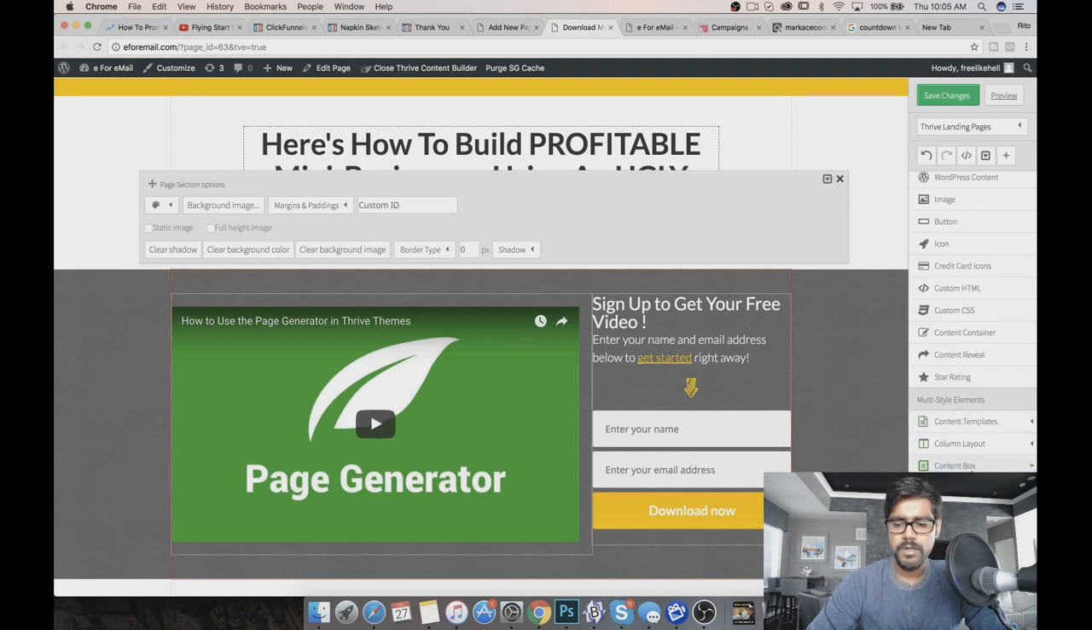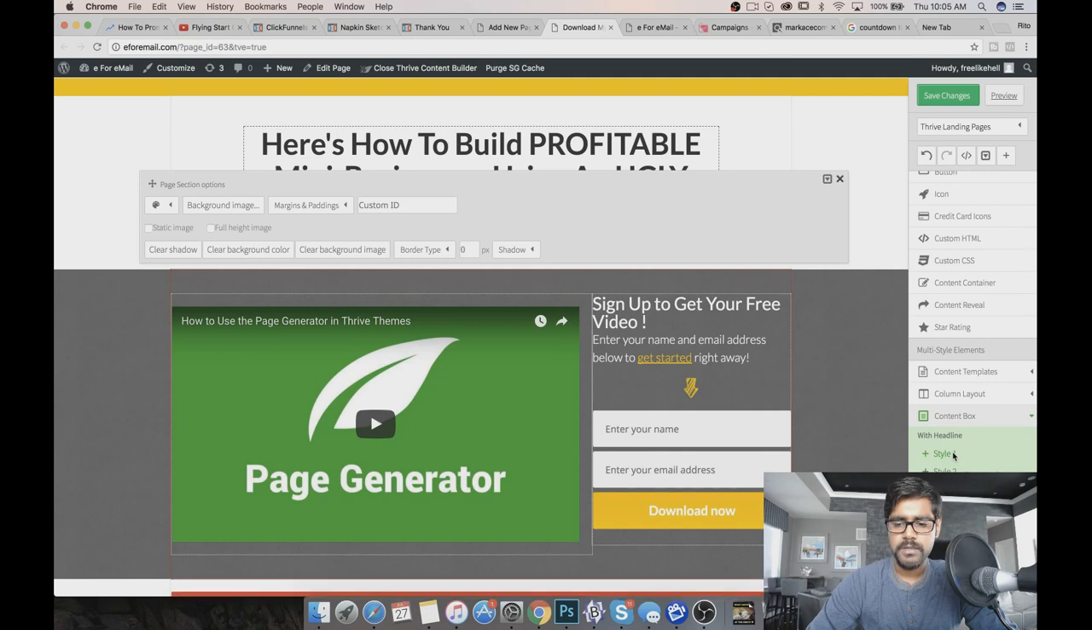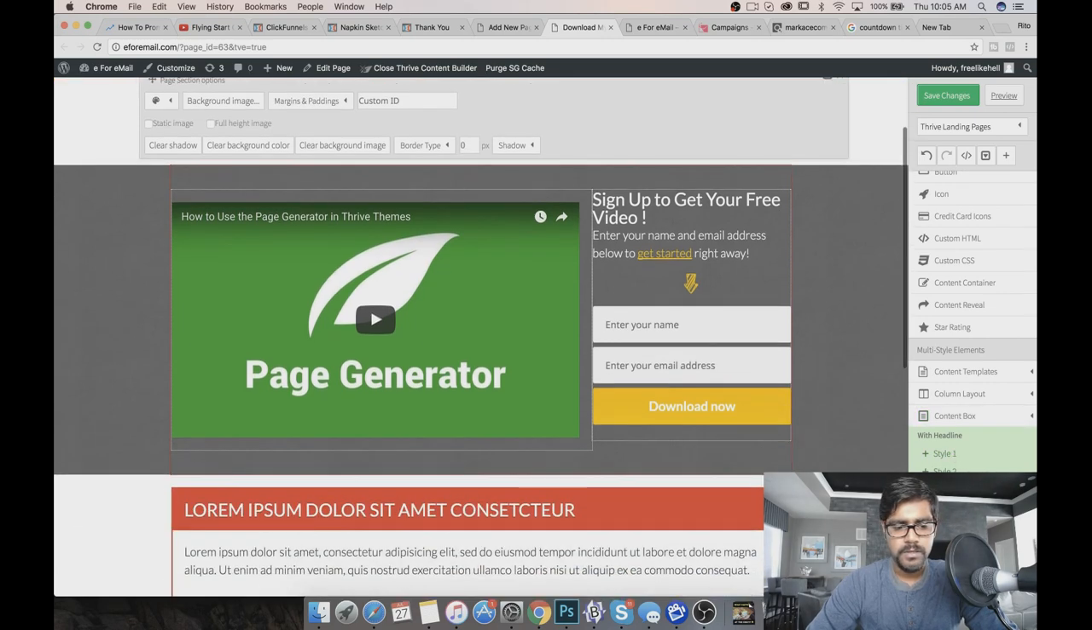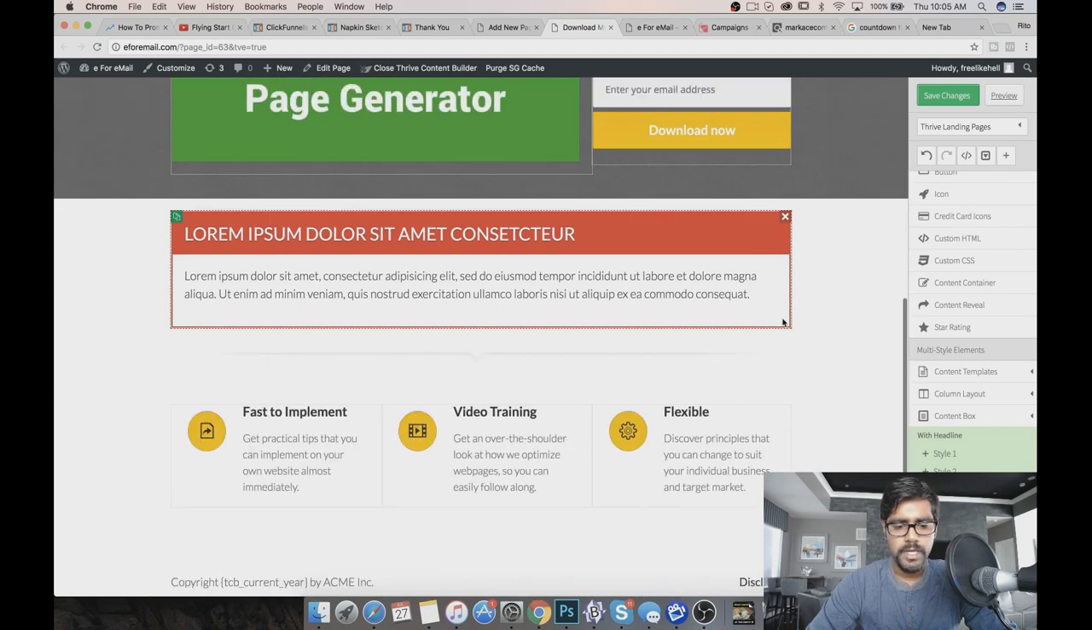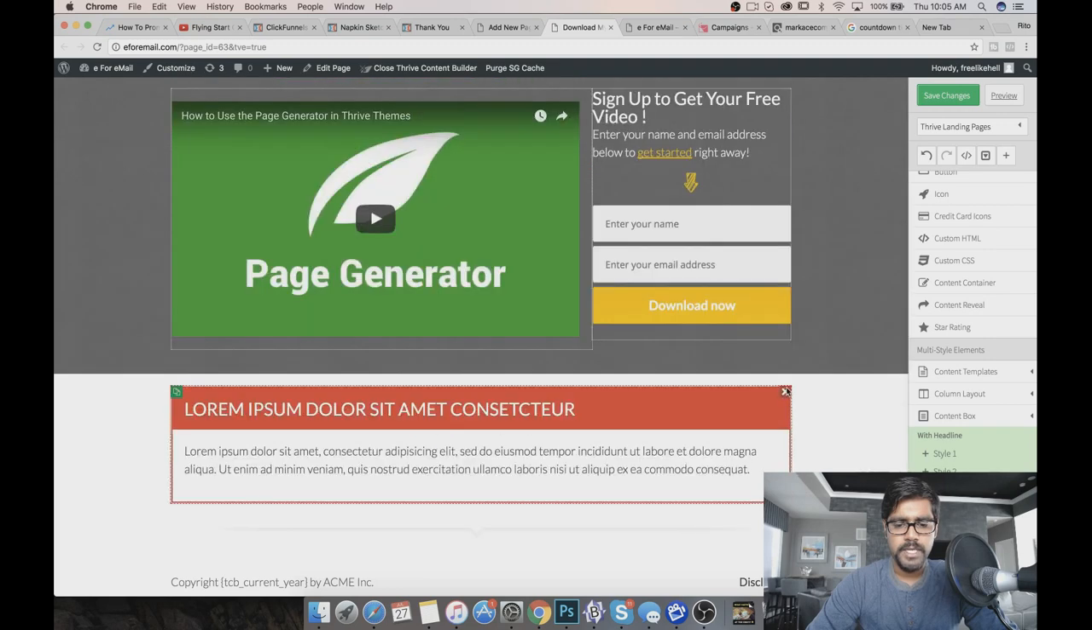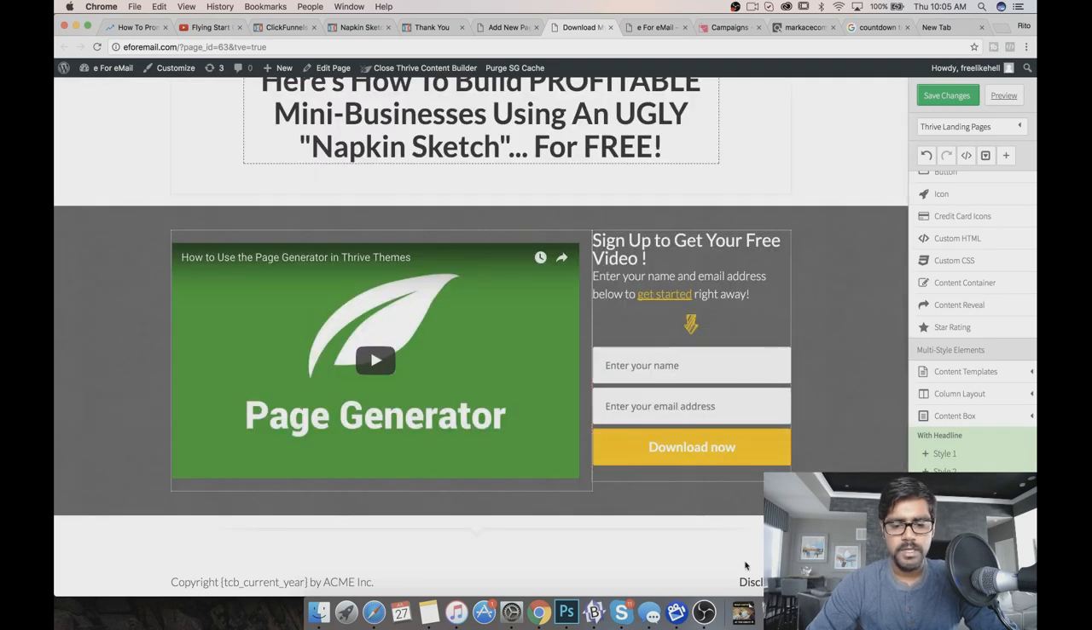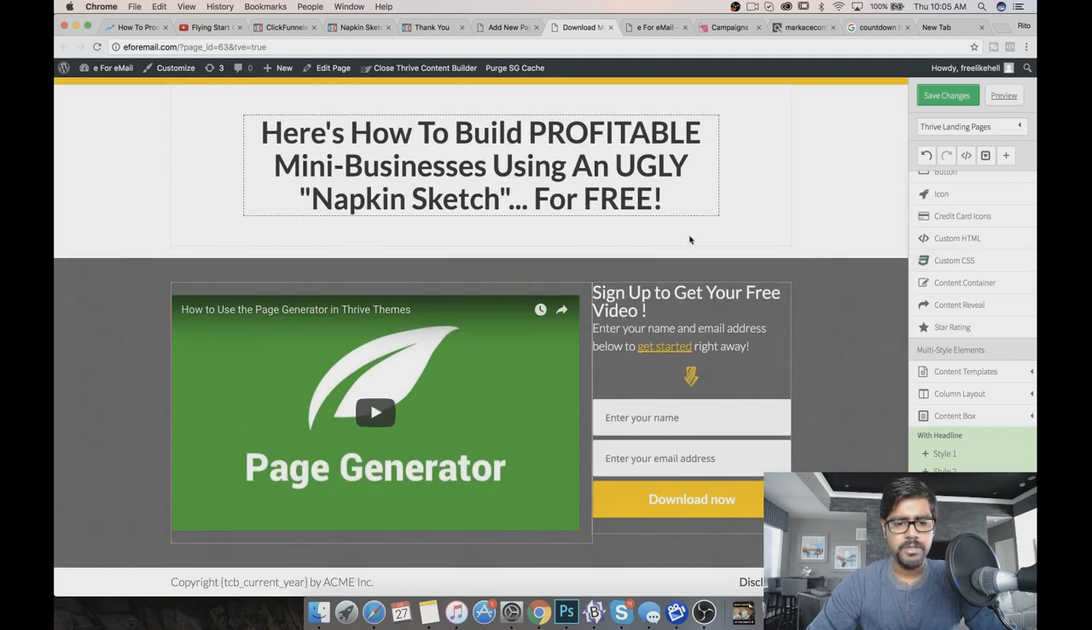Oh, I need to select it. Oops. I'll remove this. I'll remove this entire block. Next up, we'll keep these handy. And what I'm going to do here is